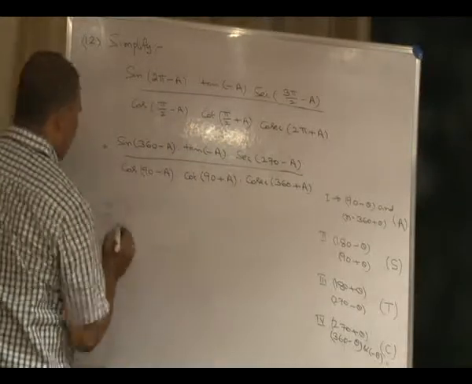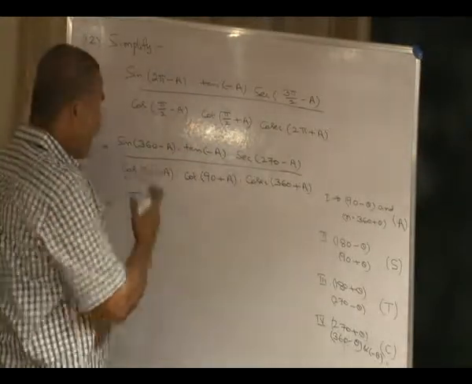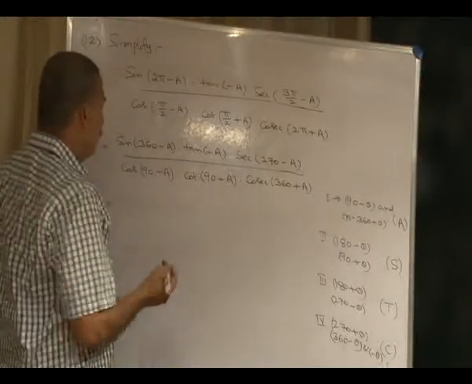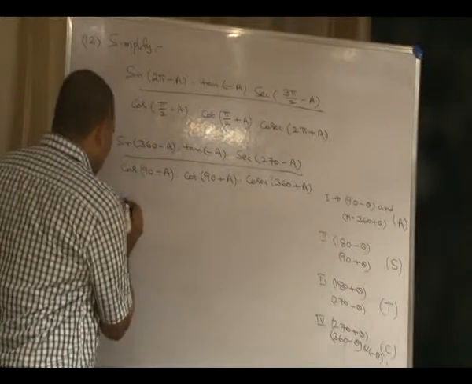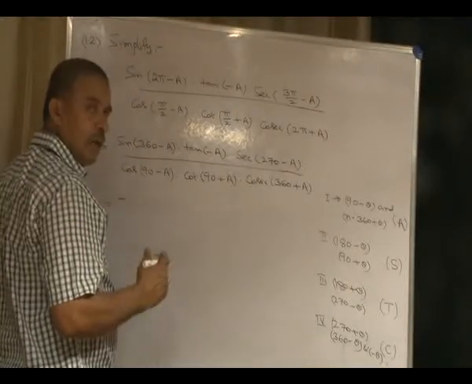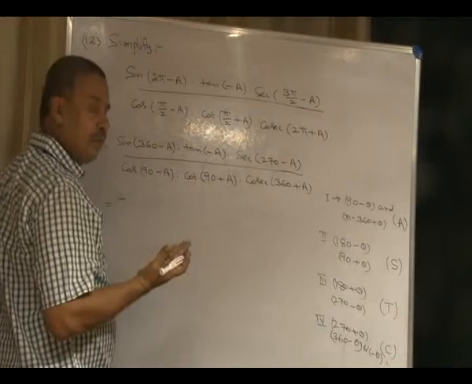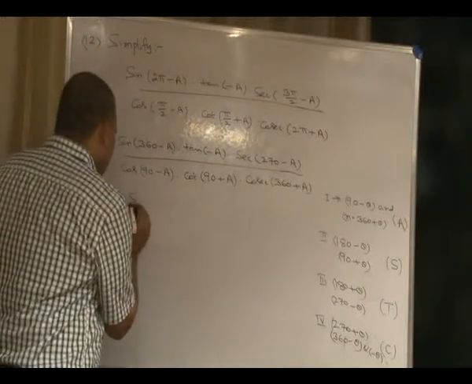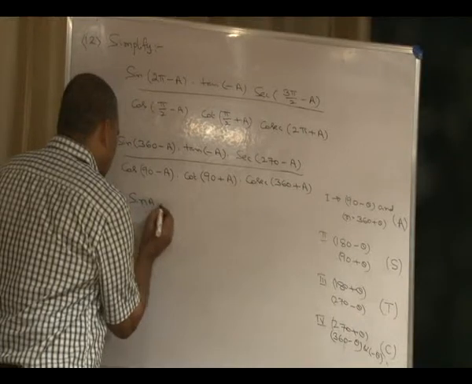Into cosecant of 2 into 180 is 360 plus a. The angle 360 minus a comes under the fourth quadrant. In the fourth quadrant sin is negative, and cos and secant are positive. So sin of 360 minus a is minus sin a. In 360 minus a, the same function.